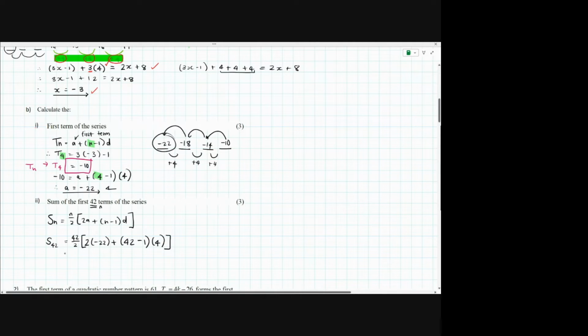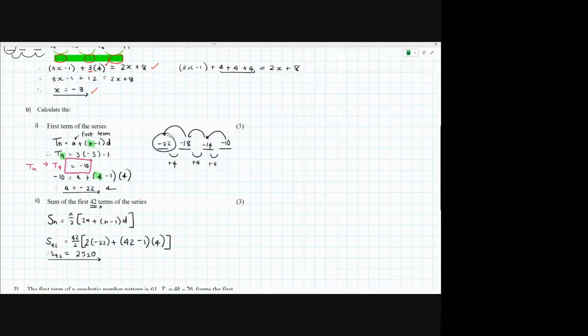And then you just throw this all into your calculator. There is no need to do this step by step. I don't want to see you working out. I just want an answer. And so we get that the sum of the first 42 terms is 2,520. Right, so guys, in a sum formula like this where you have n and you have everything and you're